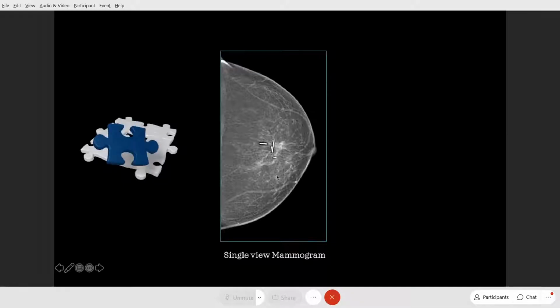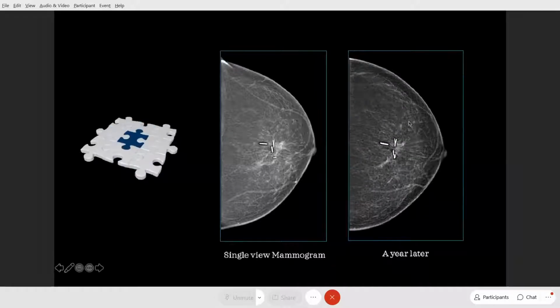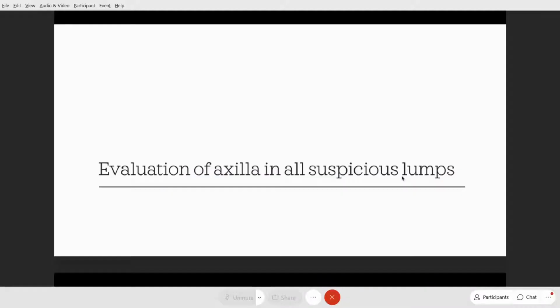And all she needs is reassurance. She had a little bit of inflammation, and that's why the non-specific pain. And a year later, you can see the beautiful contraction of the fat necrosis area, and she had no suspicion of malignancy in the operated site. And it was a fat necrosis.